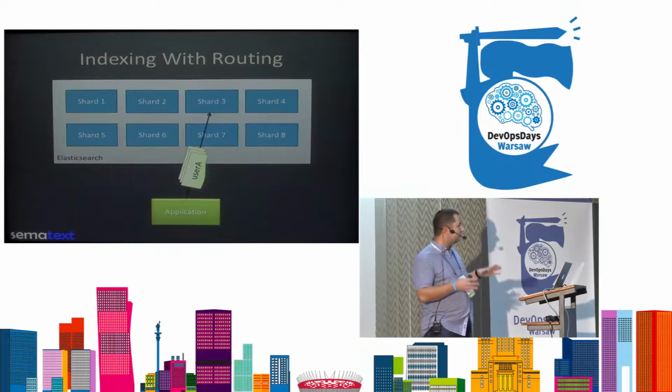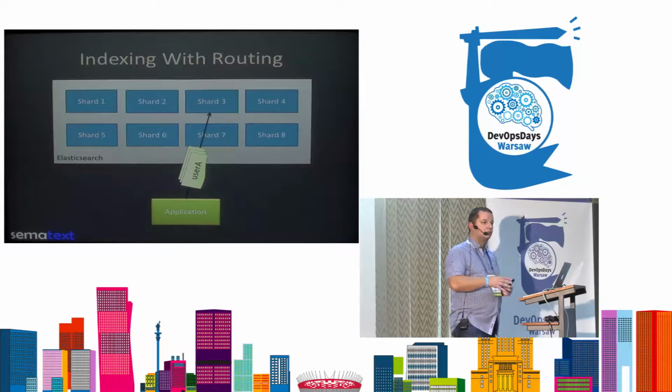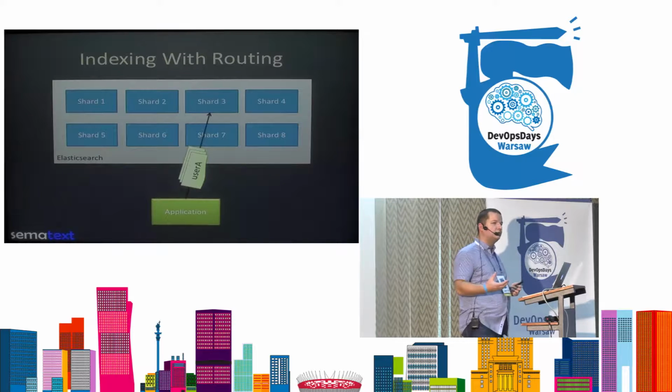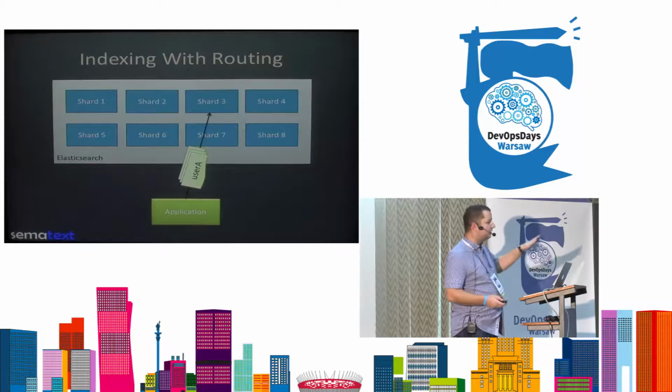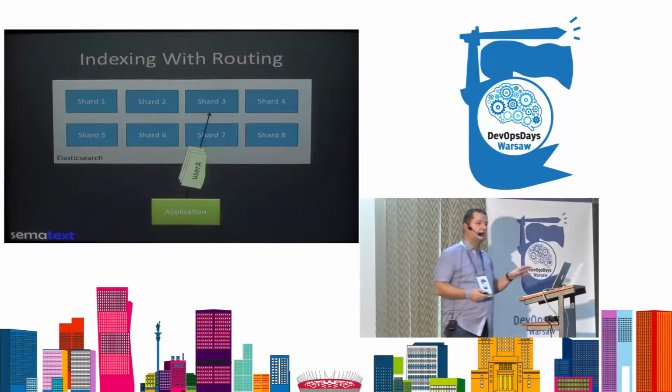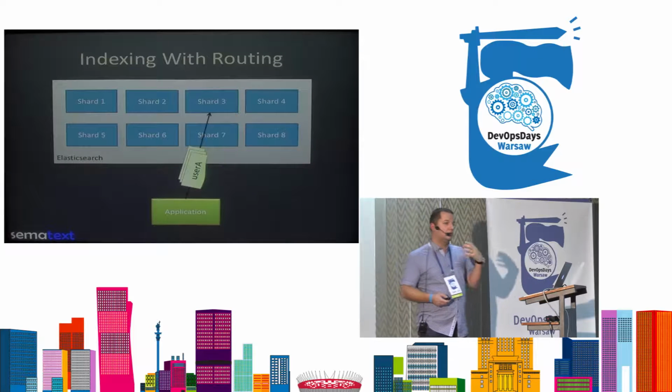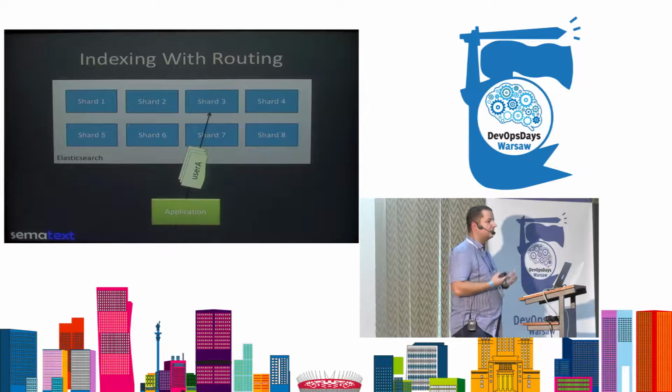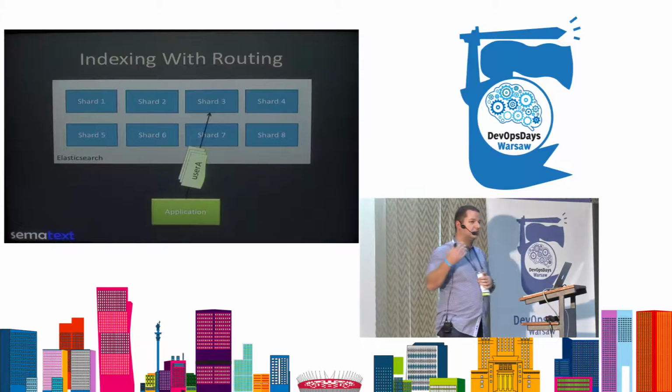But when we have routing, we can use, for example, a username or user ID or anything that identifies the user and put it into a single shard. And that allows us to actually utilize the hardware in a more efficient way